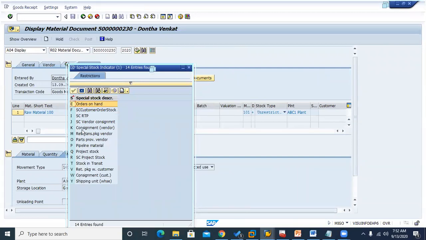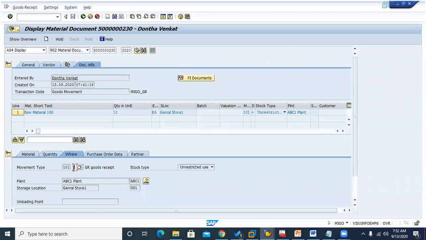First, it is going to check this special stock, whatever I was shown there. These are the things. Is this material a consignment material? Is this an order material? Is this a pipeline material? Or what type of material, accordingly the account is going to come. That is one factor. I cannot say only this is the one which is making it. All the combinations, the account is going to come. So first you have to understand this is one factor or one parameter it is going to take.